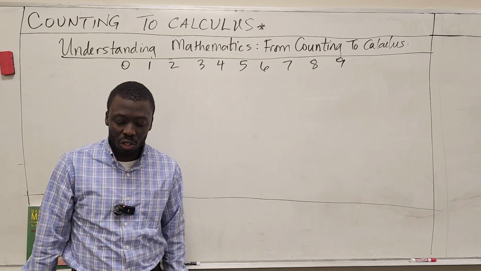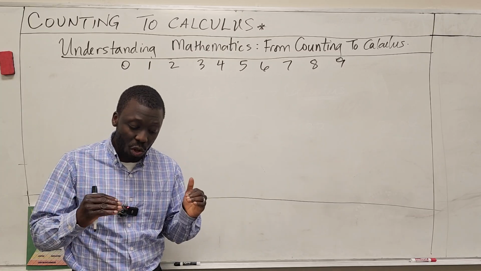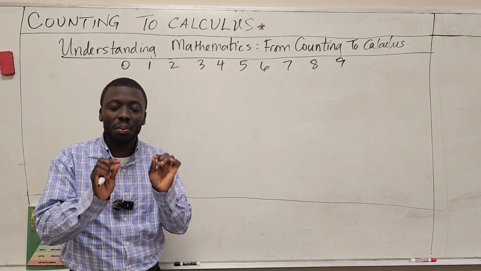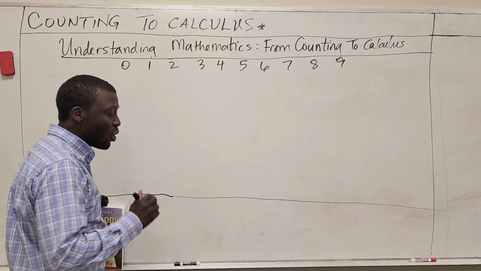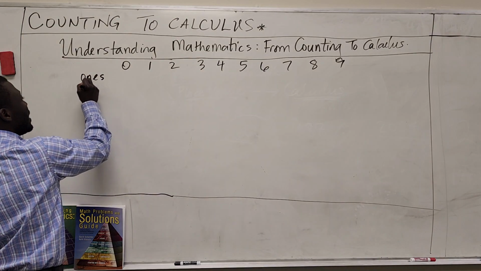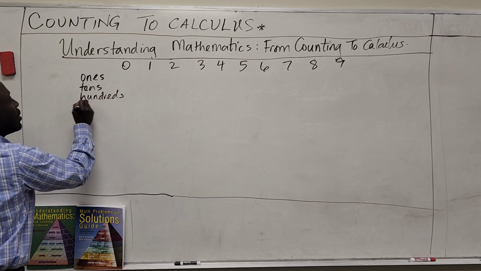The very first chapter of Counting to Calculus is looking at what a number is, and I'm going to infuse certain things to support your learning. And what I'm going to infuse at this point is place value. So it's important to know that we have ones, tens, hundreds, thousands,